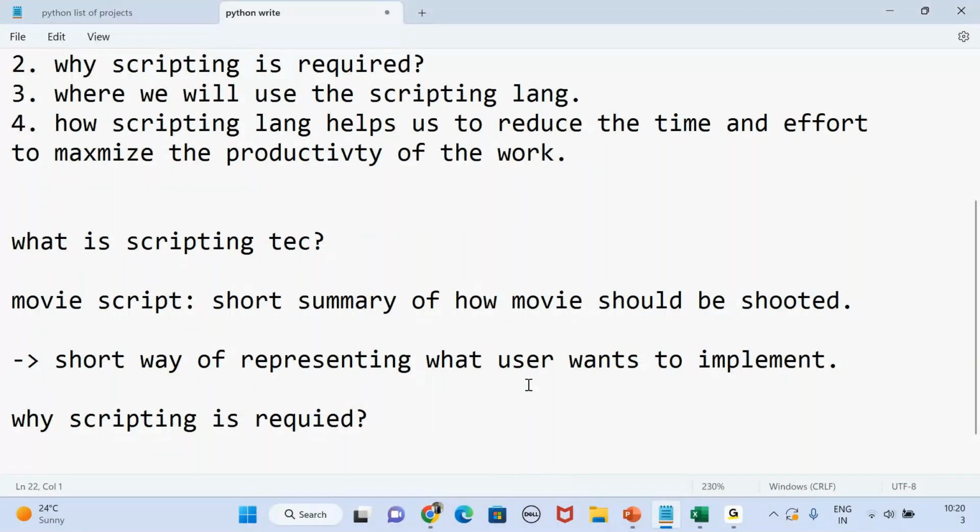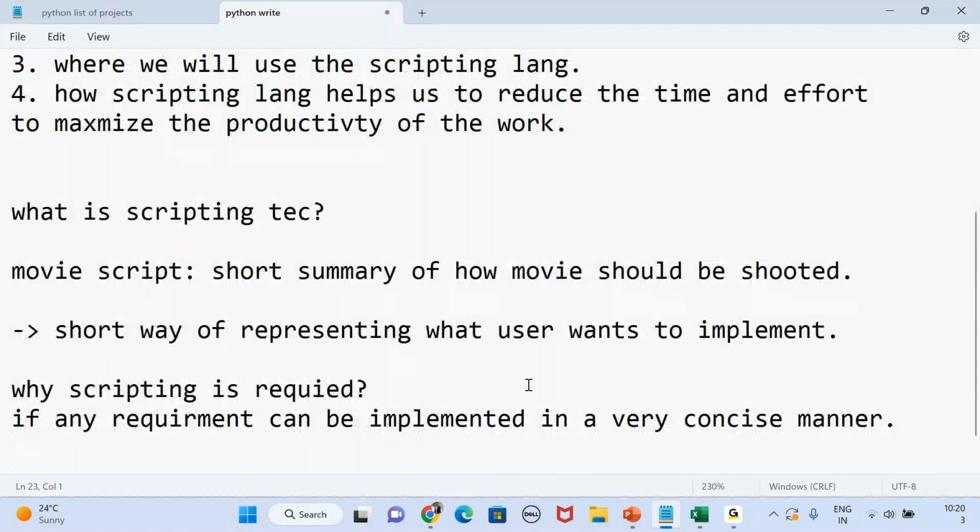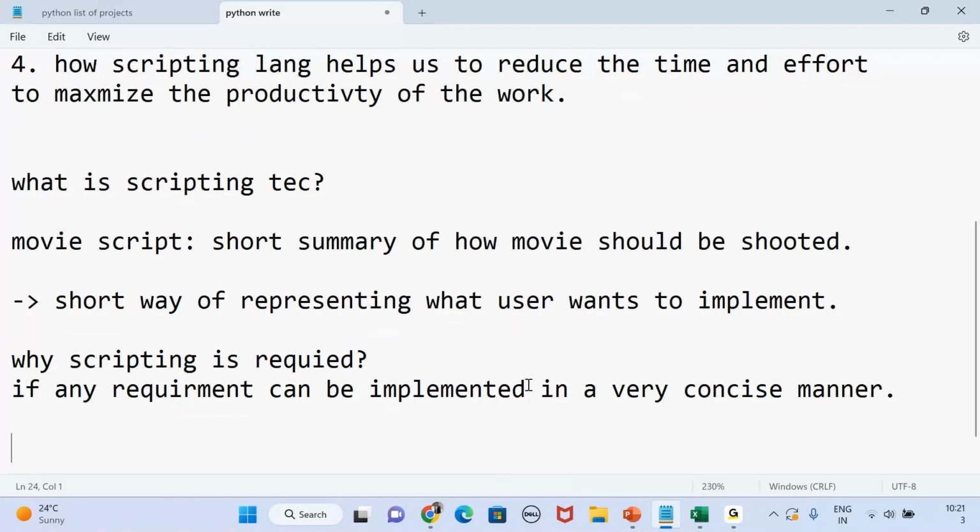Any requirement can be implemented in a very concise manner. Addressing the problem, any algorithm, any problem, if you want to implement it in other languages, like C language or any other languages, basically any problem or requirement requires at least 100 lines of code to implement. Where the scripting language helps us, the primary benefit is essentially reducing